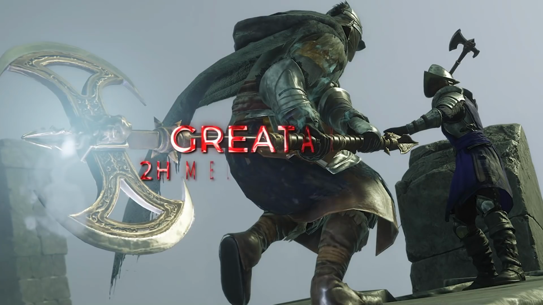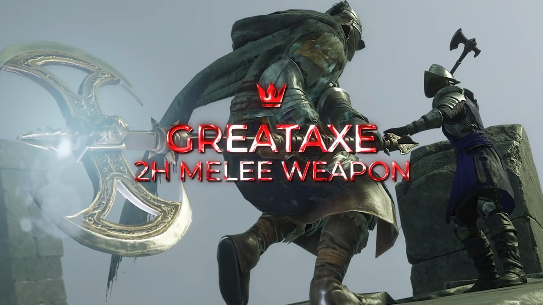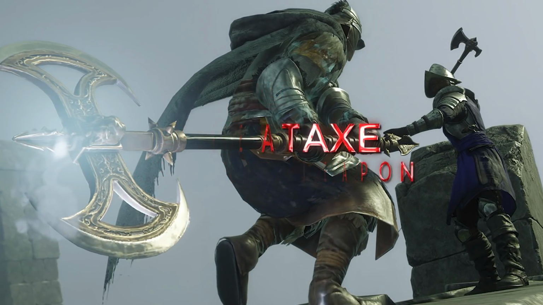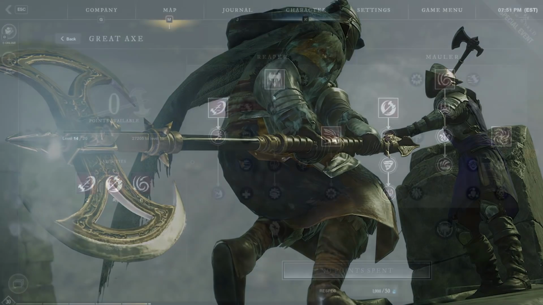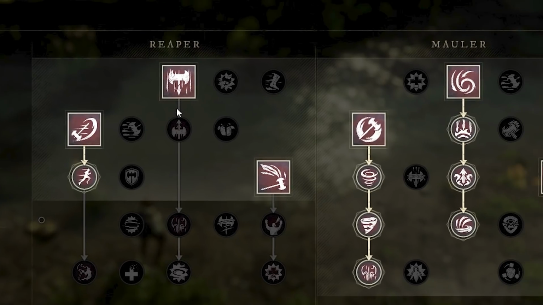And then we've got ourselves the Greataxe. One of my favorite additions, although I'm still waiting for the Greatsword to make a debut. But the Greataxe sounded really good on paper when we first saw it, and I'm super happy to have it in general, but in game, the Greataxe actually leaves a little bit to be desired, at least in its current state. The weapon itself scales primarily off of strength, has 2 skill trees by the names of Reaper and Mauler,